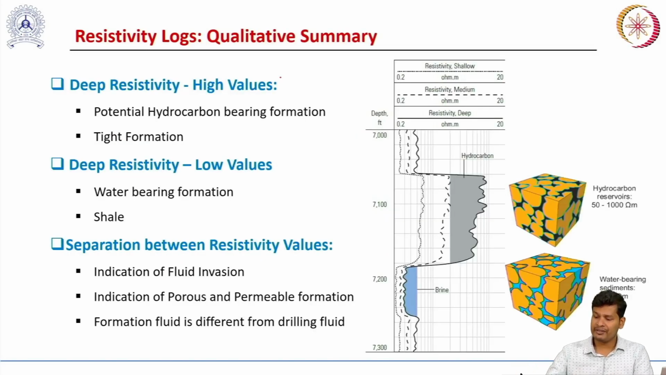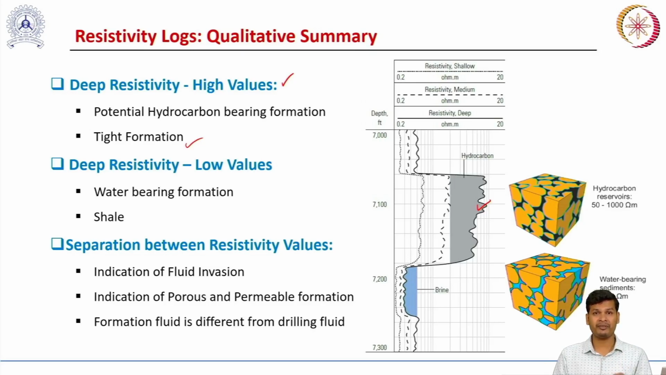If the deep resistivity value is high, obviously that is an indication of an oil bearing formation. Again, there could be another case when you have a tight formation. Tight formation means what? When you have very low porosity, the pore volume is low. If the pore volume is low, the amount of formation water will be very low. So even if it is a tight formation that is water bearing,